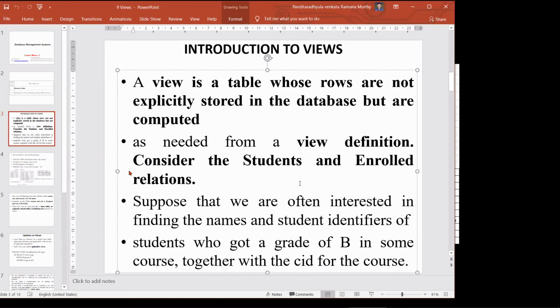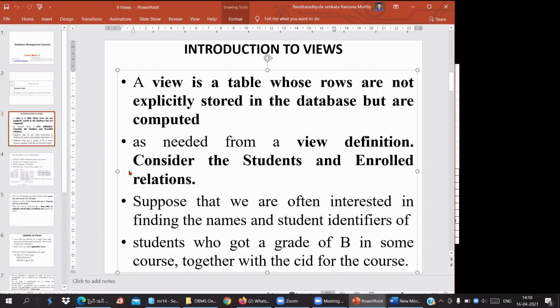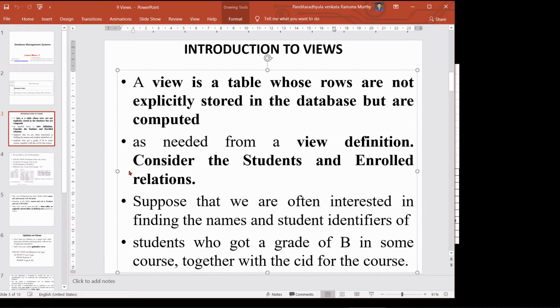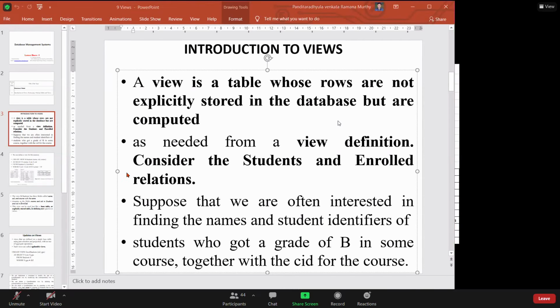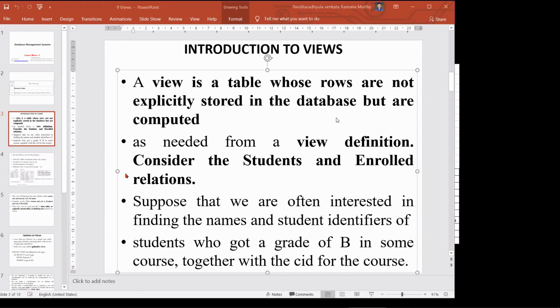That is the meaning: a view is a virtual table. The contents of a view are not stored explicitly. The contents of views are in some specific physical table only.